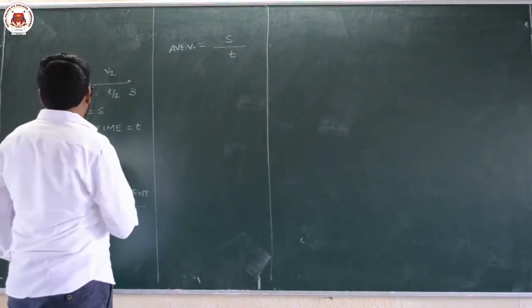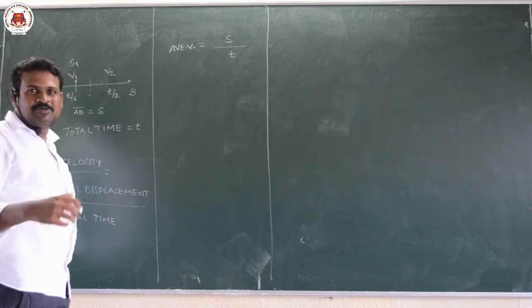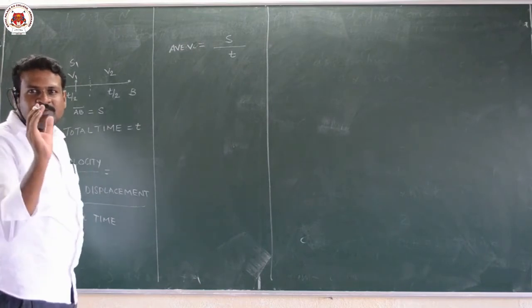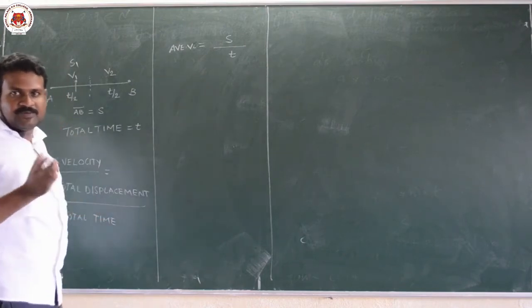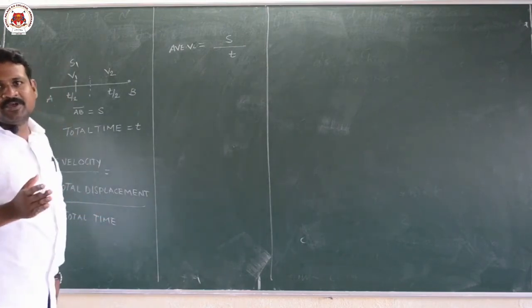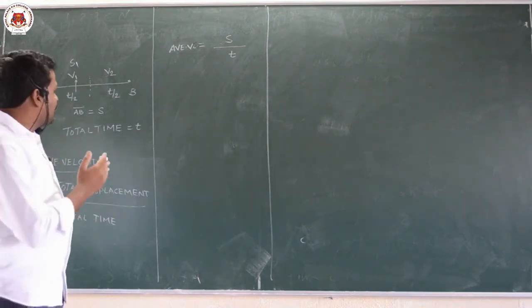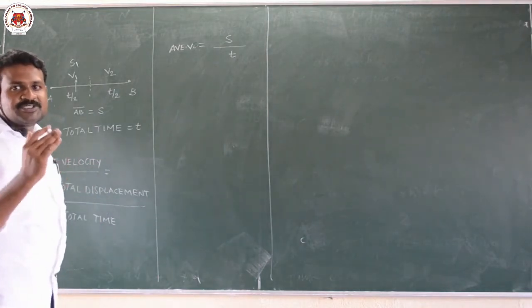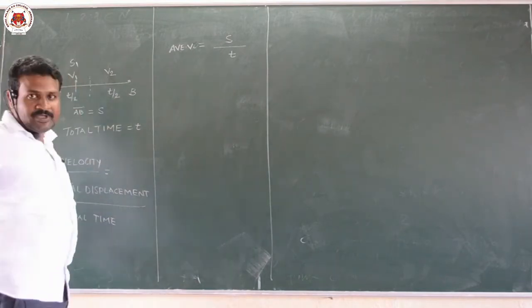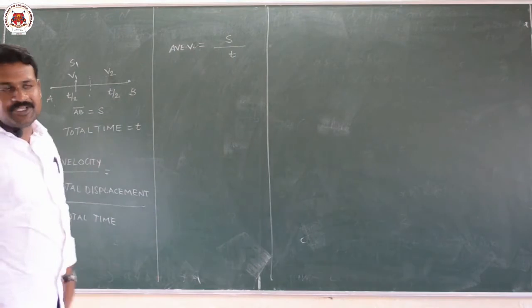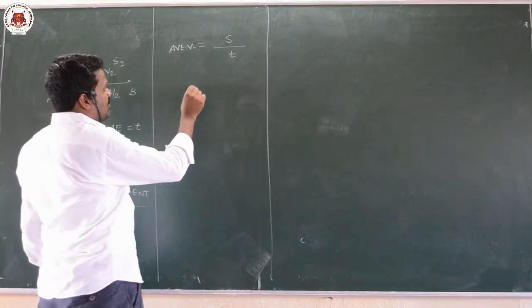Now the displacement for the first half of the journey I will take as S1, because I don't know how much it has travelled. We know only the time. Here the time is halved, that is 1 by 2. Suppose your travelling time is 2 hours: for 1 hour you went with velocity v1, and the next hour you went with velocity v2. That means you don't know how much distance you covered in the first part, so I will take that as S1. The distance covered in the next half of the journey, I will take as S2. Now I can write this as S1 plus S2